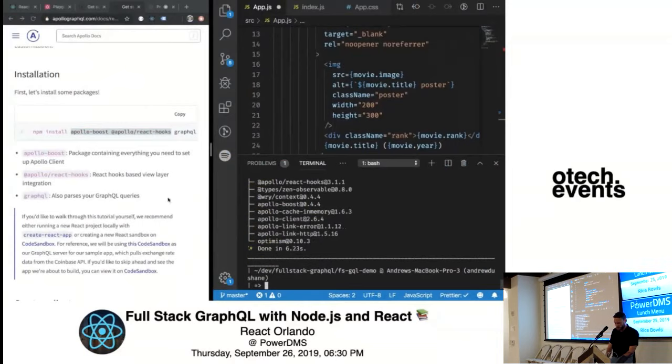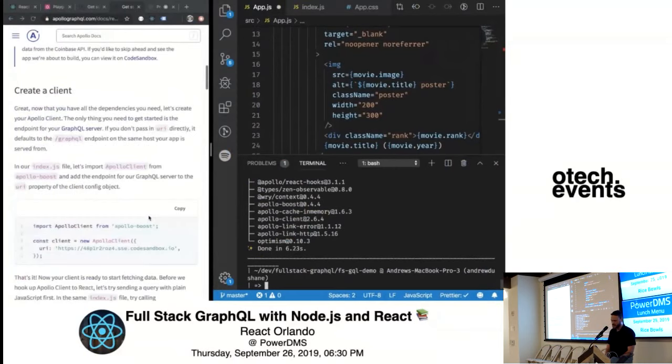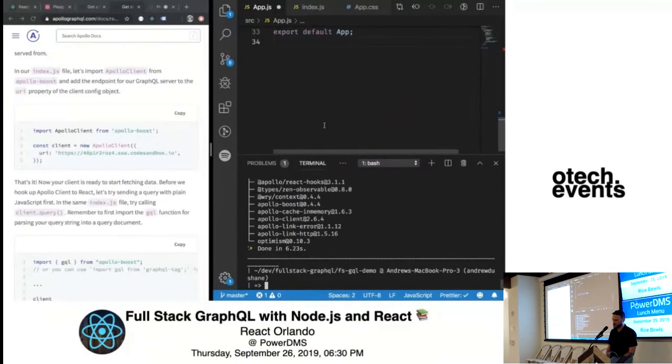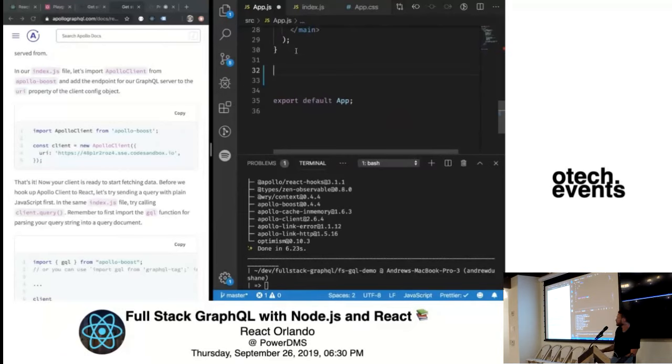Okay, cool. So, right. We need to create a client, and then we need to wrap our app, or wherever the top level of where we need GraphQL queries, in a provider. If you're familiar with React Context, Apollo Provider is just a context provider that's going to provide the GraphQL client and also a cache of data, which is pretty nice, that will serve up data as opposed to hitting the network for it when appropriate.